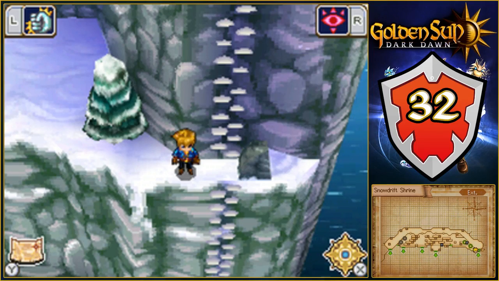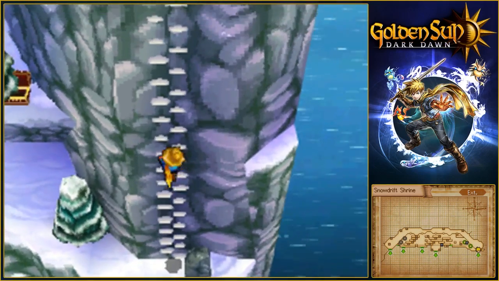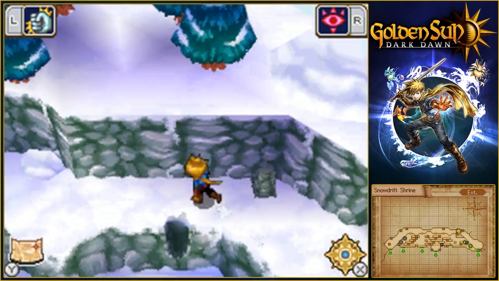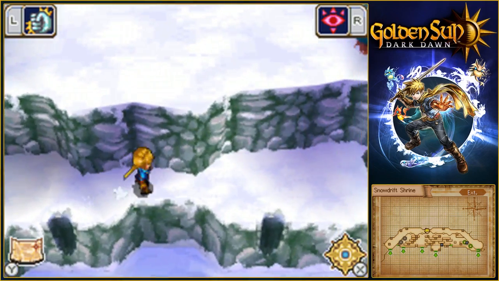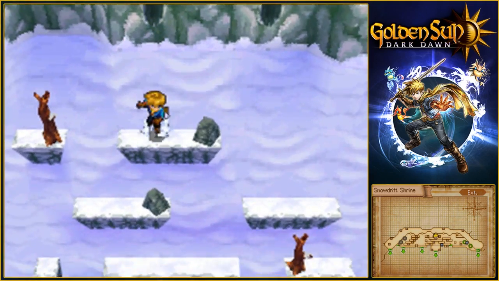Welcome back, guys, to Golden Sun Dark Dawn, as we've come to the Snowdrift Shrine, hoping to find ourselves some more Umbra gear as we continue on here. Wondering if there's any more Djinn or anything else, like treasure chests, to be found, just skipping around the place before we drop down what most likely is going to be the center of the entire...